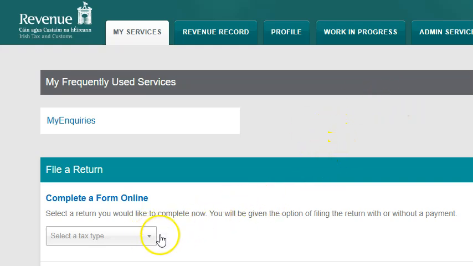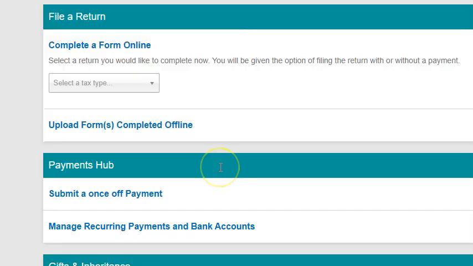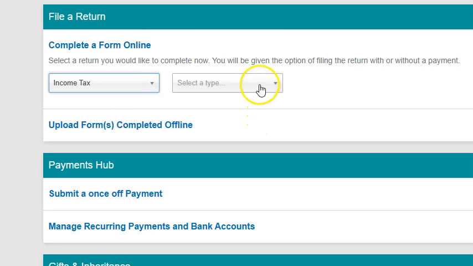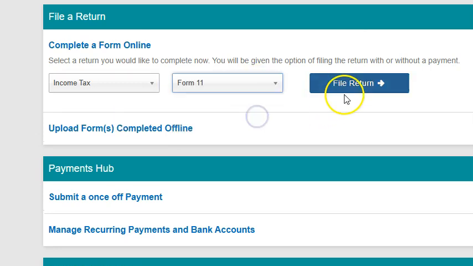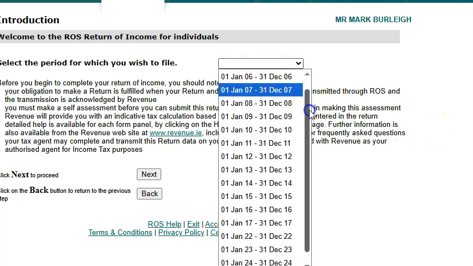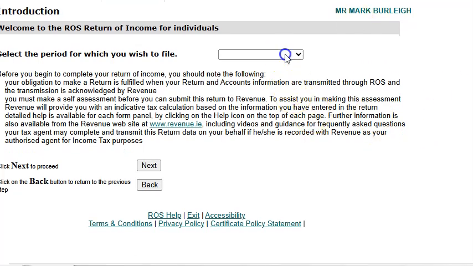Okay, Form 11 2025. Log in to your ROS. Press complete a form, it's up at the top there. And because I've already submitted this, so file a return. Now in this instance I've already submitted the return, but in the instance where it's new,